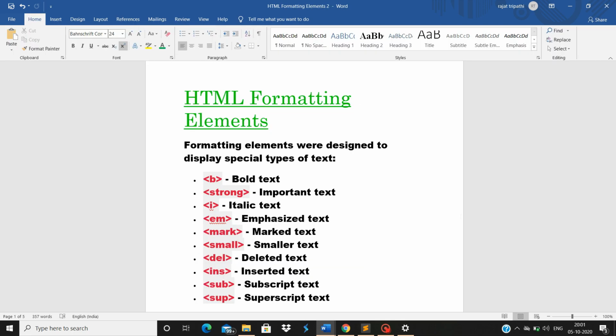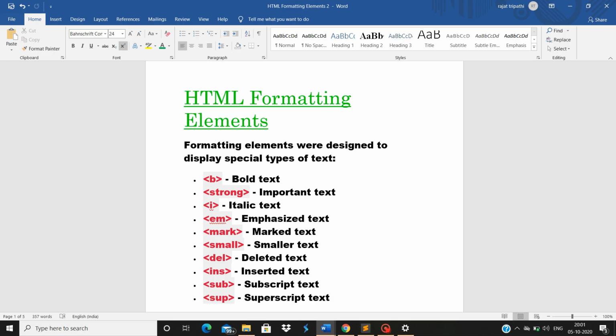So you can see on my computer screen, these are all the elements which we will go through in this video. Formatting elements are elements which are designed to display special types of text. What are the types of text? Bold text, important text. Both of them have no difference.